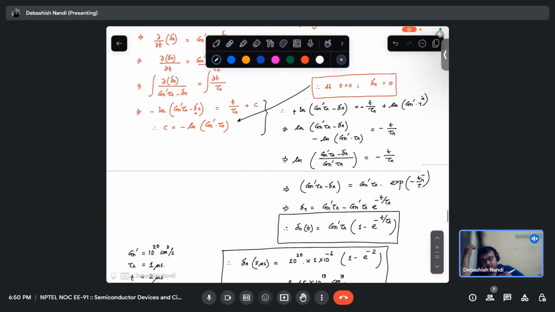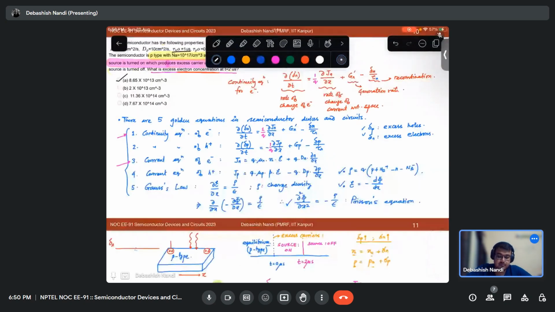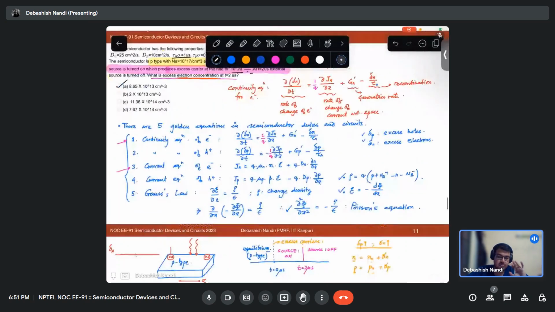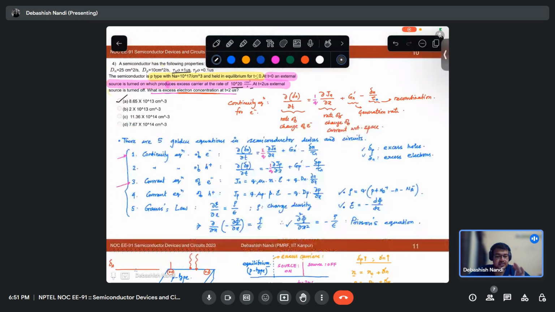So this would be your right answer. Okay. So these are the steps. So you see, if you have gone through the lectures properly and cleared your concepts, these all are just mathematics now. Okay. So please, I am requesting you to make sure you understand these sets of equations very clearly, and also with all kinds of plots. You plot everything. Okay. Then you will have a better feeling about what is going on and what is not. Okay. So this is how you calculate the excess carrier concentrations.